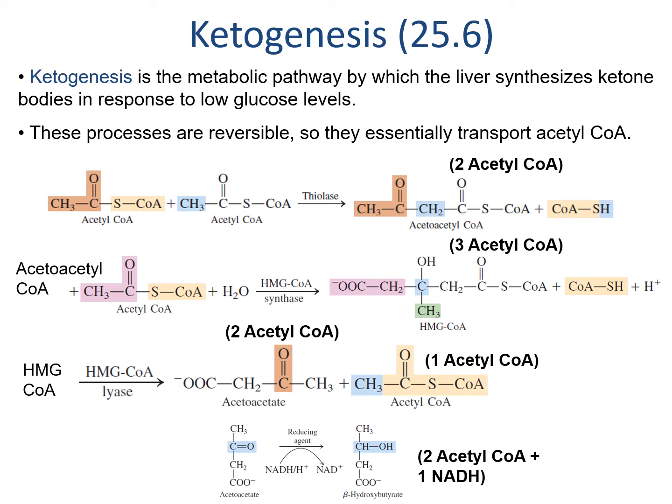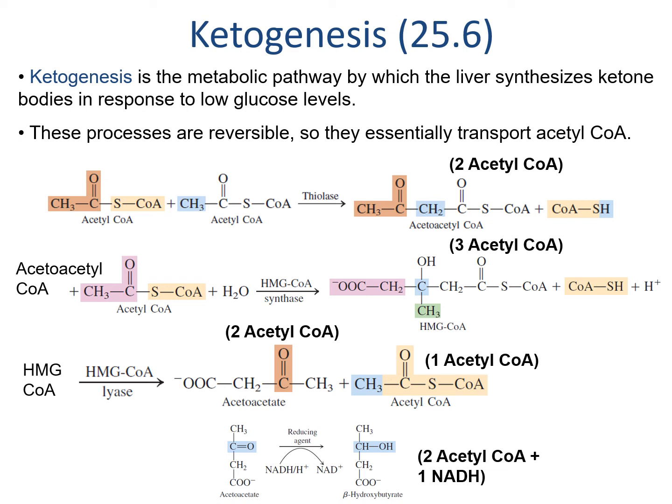There are several steps to make acetoacetate, which are essentially just joining acetyl CoA pieces together. 2 acetyl CoAs are added together initially, which you can see in the first row. A third acetyl CoA needs to be added to actually separate out the acetoacetate, which you can see in the second row. However, it gets recovered, which you can see in the third row. The acetoacetate then is worth 2 acetyl CoAs, or about 20 ATP.